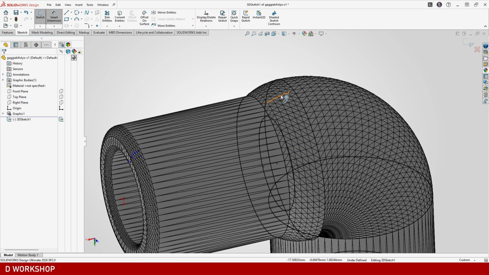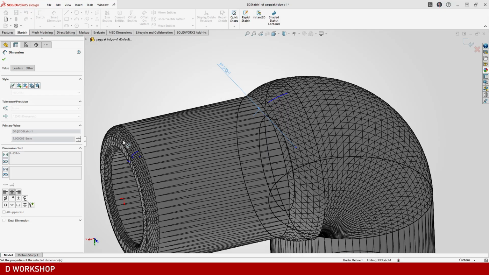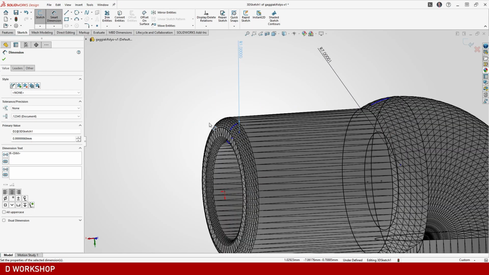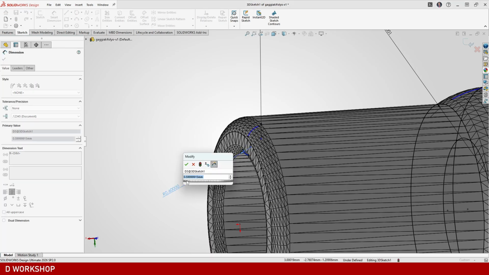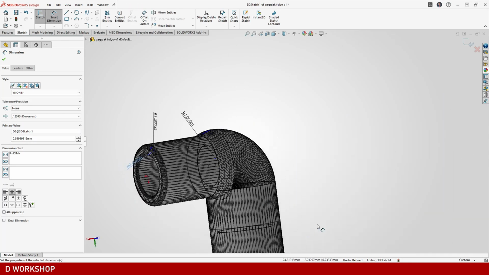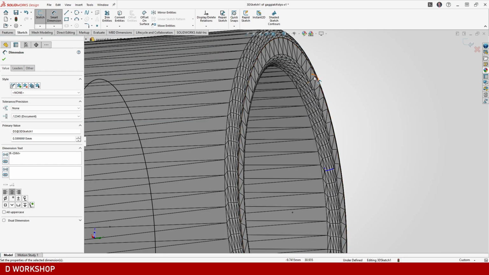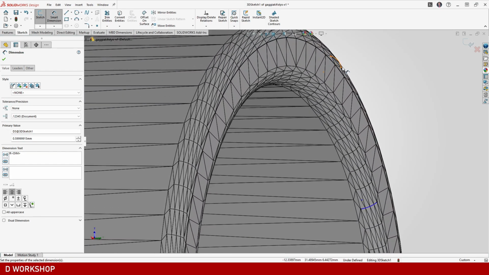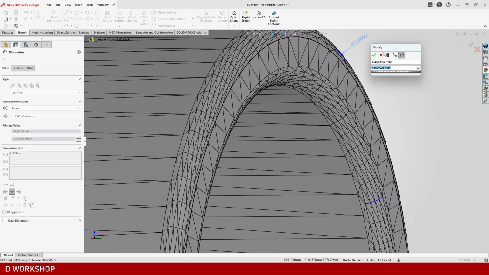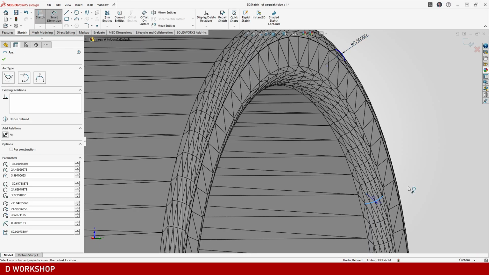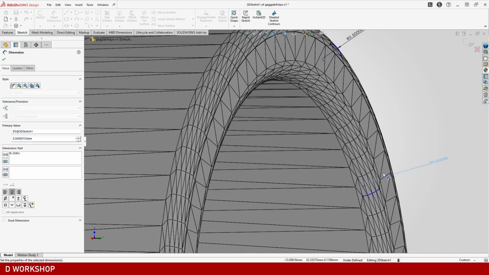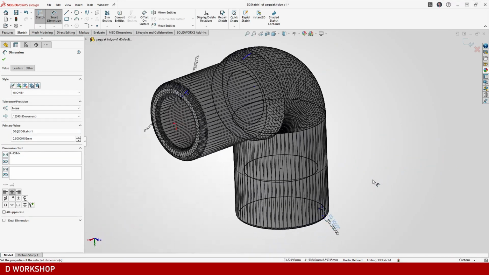And then we start dimensioning. Now when I have all my fillets measured,